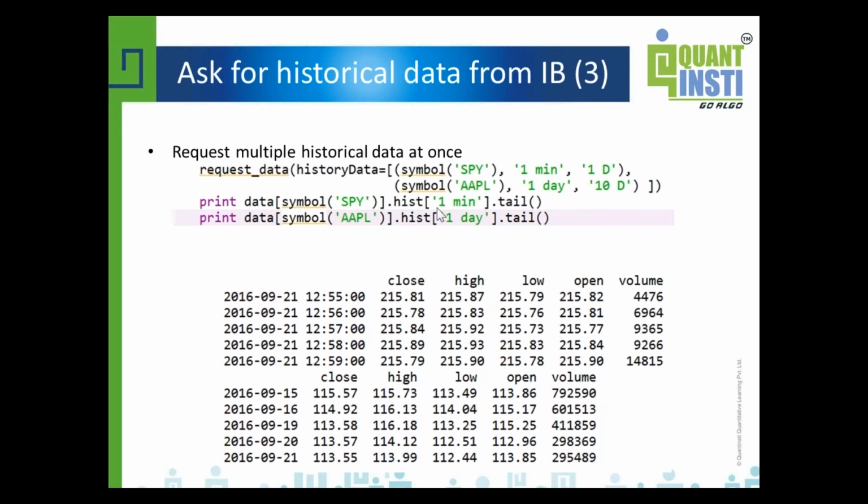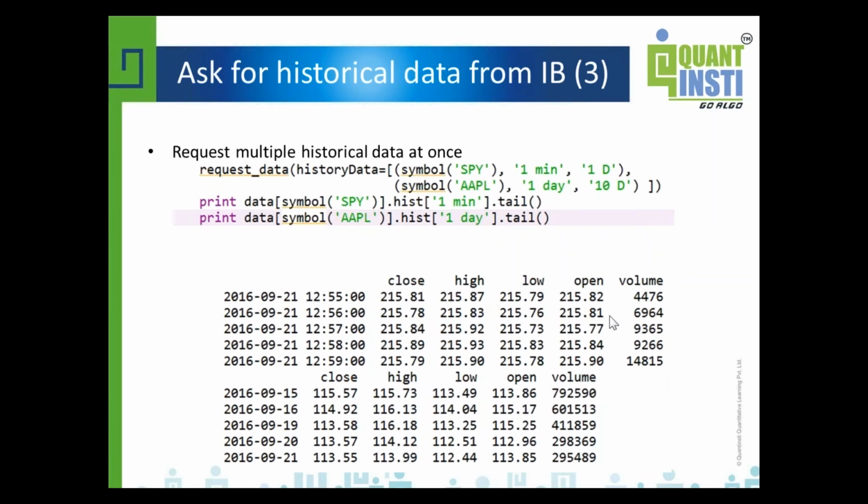Okay, next one is how to place orders. To place an order, there's one function called order, and you put attributes into this function. Here I put a symbol SPY, 100, which means to place a market order.